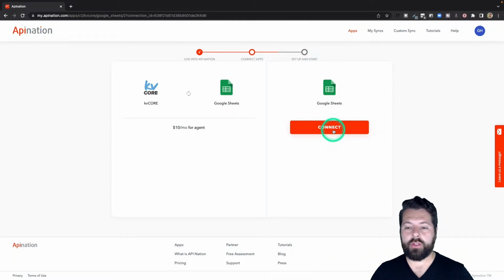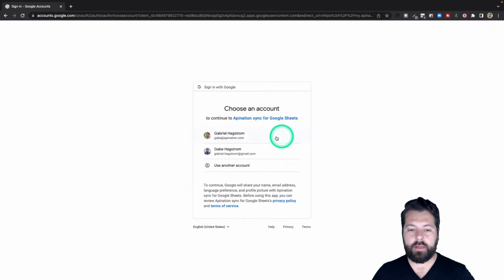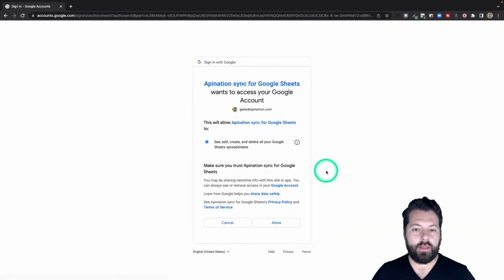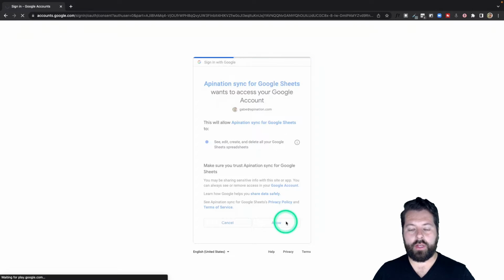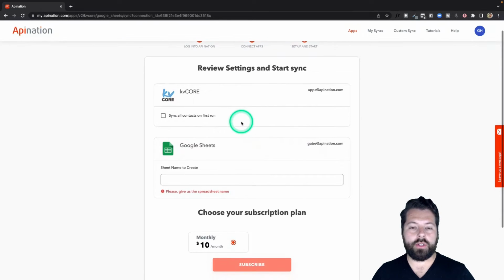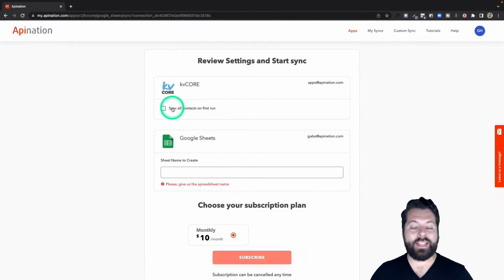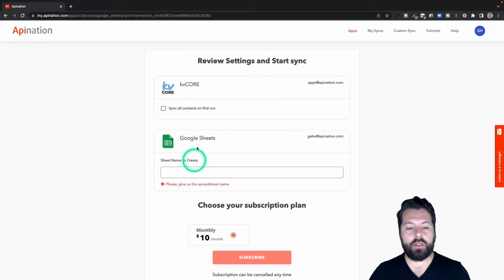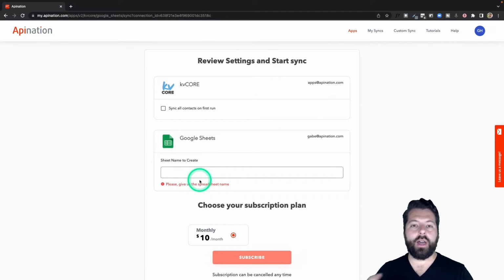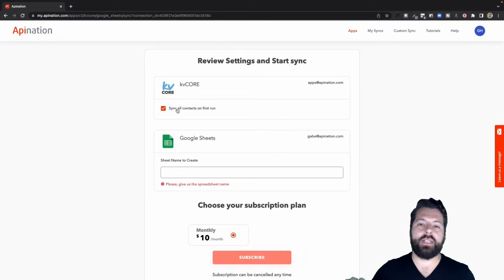All right, now we're going to connect Google Sheets. Similar thing, hit this big button, choose the Google account, and allow the integration. All right, so here we go. Now we're just going to set up the sync. Do I want to sync all my contacts from kvCORE into Google Sheets, or do I just want to sync contacts from now on? Most people want to sync everybody in there,